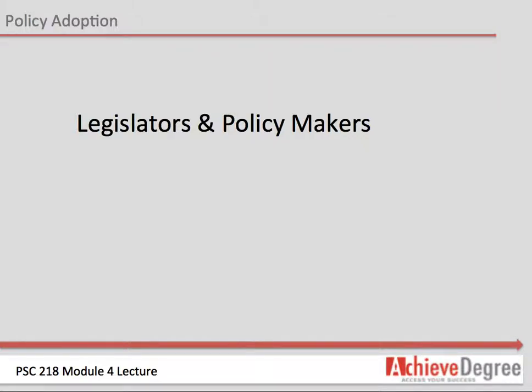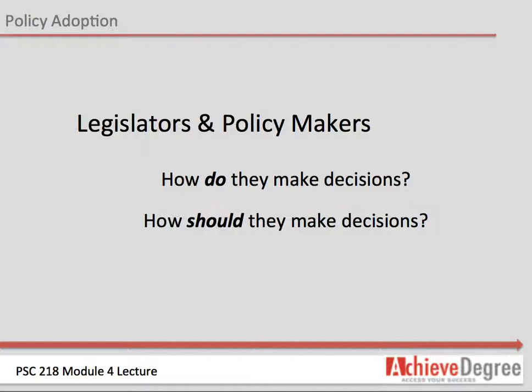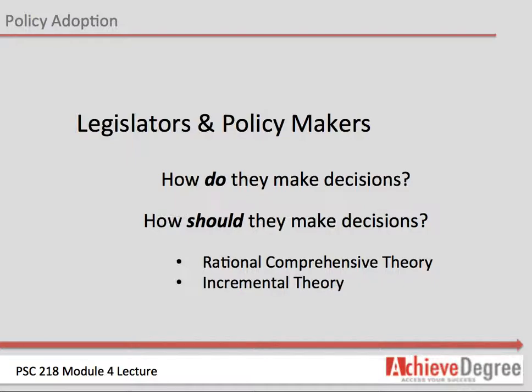How do legislators and policymakers decide which policies to endorse and implement? This can be broken down into two questions. First, how do they make decisions, considering the political environment? And second, how should they make decisions, which involve using all possible data directly or even tangentially relevant, and using quantitative models? Three dominant models which respond to both questions are the rational comprehensive theory, the incremental theory, and the